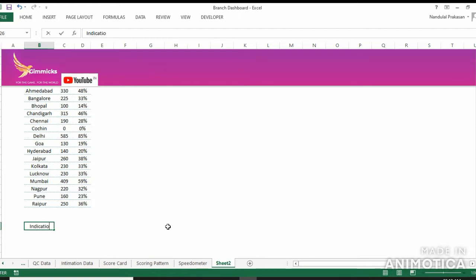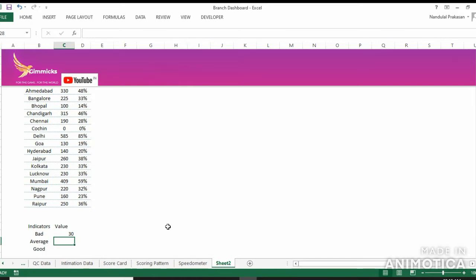Indicators. So for indicators, we have bad, average, and good. Let's say I want to keep 0 to 30% as a segment for bad. So I'll write 30 here. I want to keep the segment for average as 31 to 80%.